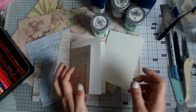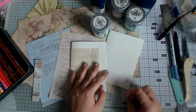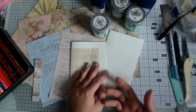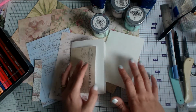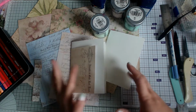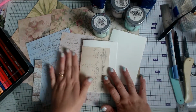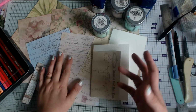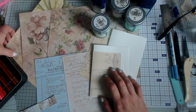So, because I want to play about with what papers I have, what downloadable papers I've downloaded from Etsy, the things I've bought as a PDF, those kind of things. Because I want to play about with it and see what way my mind is going, I've printed off a couple of vintage papers that I've bought via PDF, and then I've got things like this. Now I'm gonna do